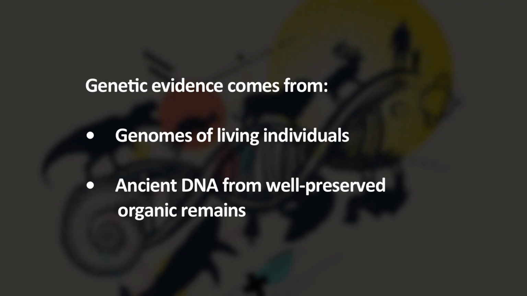Comparisons among much more closely related individuals, such as those from the same species, provide evidence on much more recent evolutionary processes. Our ability to read this genetic record has developed enormously in the last few years, although our confidence that information on our past existence is within our heritable material is somewhat older. Genetic evidence comes from two main sources: the genomes of living individuals that must have been passed down from ancestors, and second, ancient DNA from well preserved organic remains,